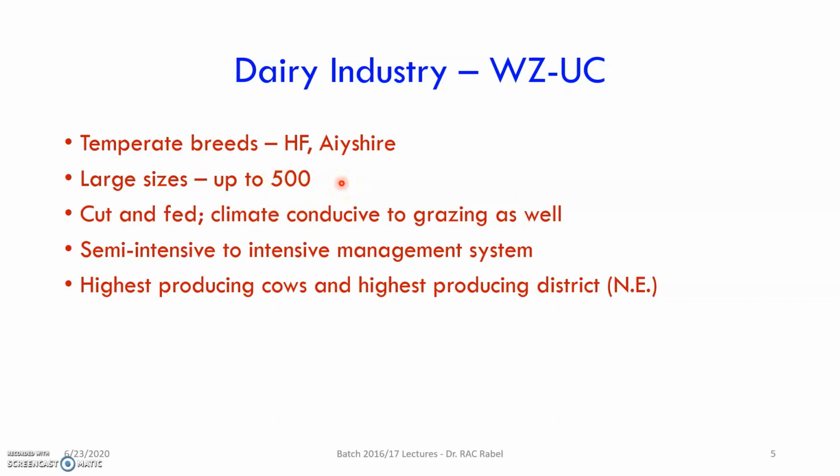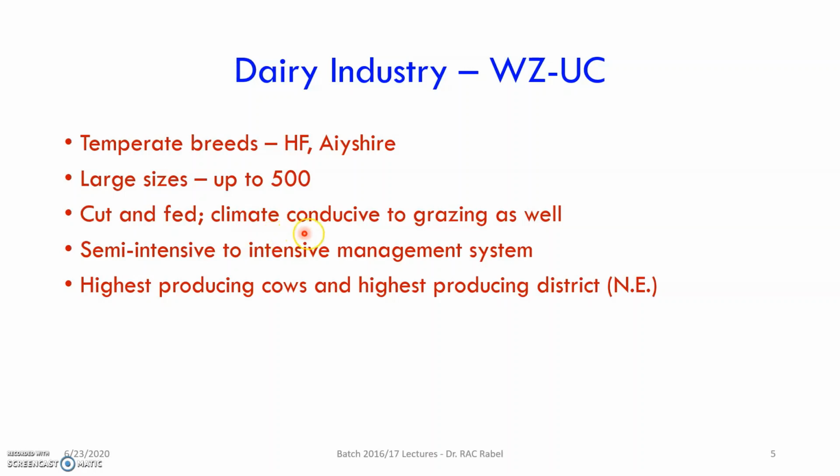So there are several farms in the upcountry region where you have more than 100 animals, right? But typically in Sri Lanka, it's like 1 or 2 animals per farm, maybe 20 maximum for a medium scale farm. But a characteristic of upcountry wet zone is that you can have large sizes of farms, right? So there are at least half a dozen farms with more than 100 animals, right? So like I said, these are characterized by cut and fed,